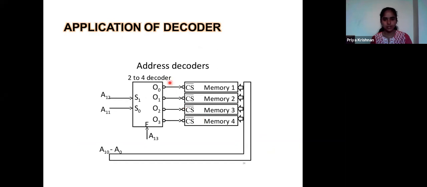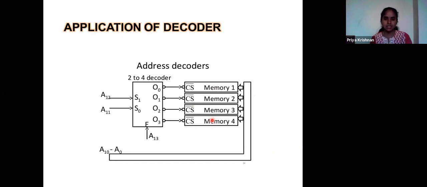This is an application of the decoder. Why do I want to use it? What is the use of it? See, don't go deep into this, we will just see it as an overview. I have different memory locations: memory 1, memory 2, memory 3, memory 4. When you want to save a song, your phone will ask in which memory you want to save, whether in your memory card or in your phone. I'll select where I have more space.